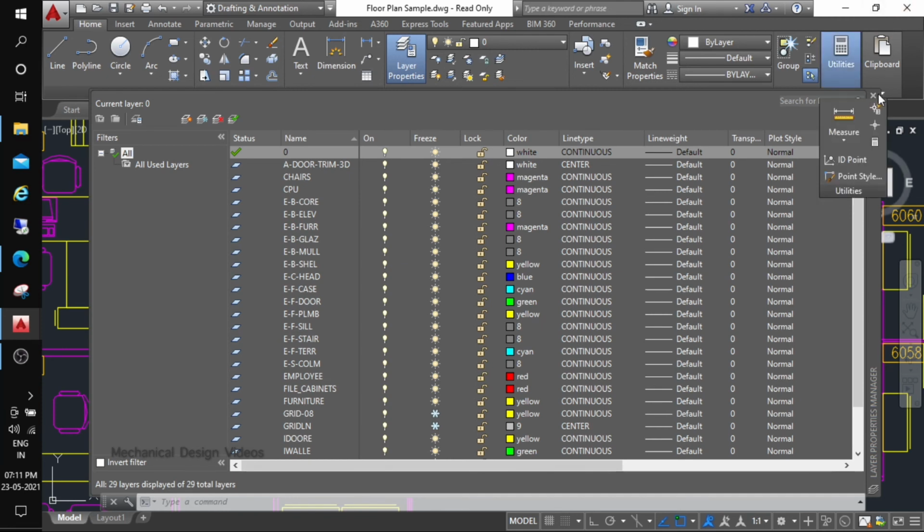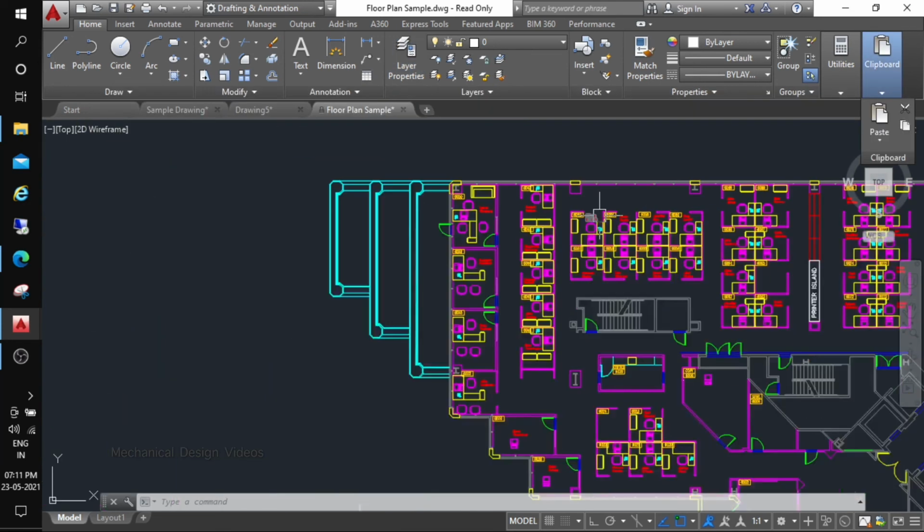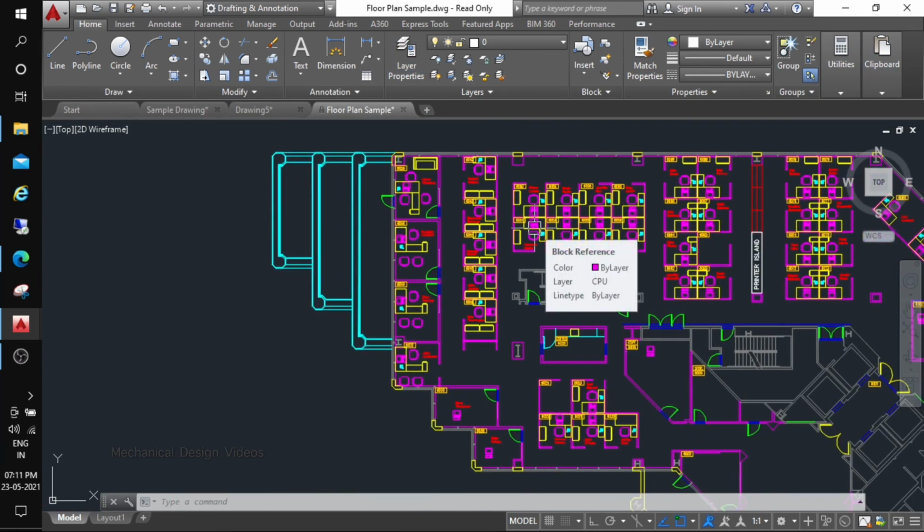In my practice and my advice, whenever you start a drawing, you have to create as many layers as you require, prior to the start of work. That is the best method, because reallocating objects at a later stage will take too much time. So prior to starting work, create as many layers as you require, and then start the work.